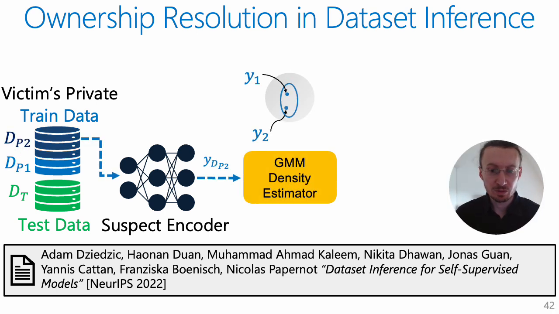The first step is to train a meta model. In this case, we train a Gaussian mixture model to estimate the distribution of representations. We use part of the training set to do so. First, let us discuss a bit more what this Gaussian mixture model is and how it can give us the likelihood of given representations.